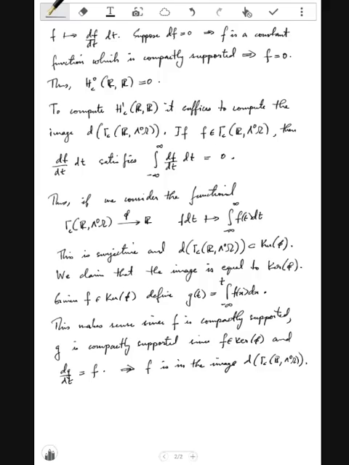So this proves that H1, which is by definition kernel of D1 by image of D0, is naturally isomorphic to R. And explicitly, the image is given by